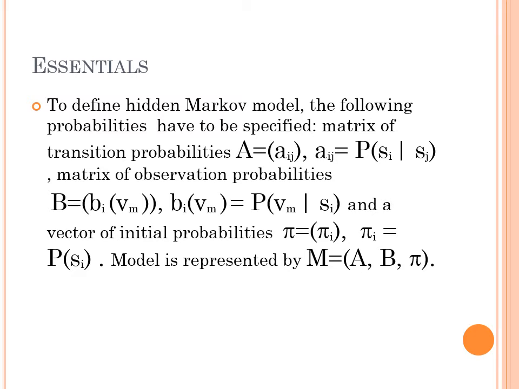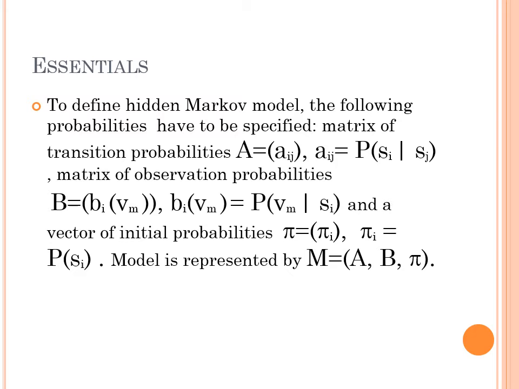In order to define a hidden Markov model, the following probabilities need to be specified: a matrix of transition probability, which is capital A equal to A of ij, where A of ij is nothing but the probability of going from the present state to the next state. The probability of the present state is S of i, and the probability of the next state is S of j. And a matrix of observation probability, that is B, which is B of i as a function of V of m, where B of V of m is the probability of observation in current state